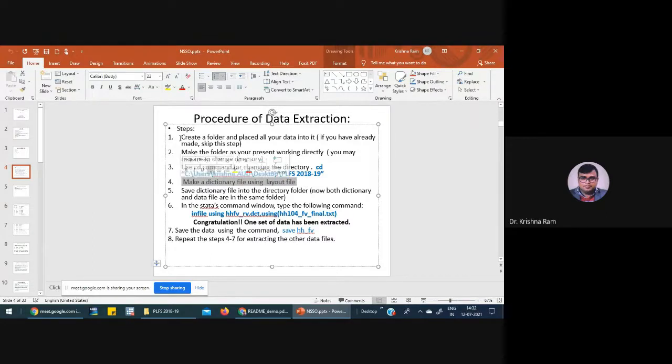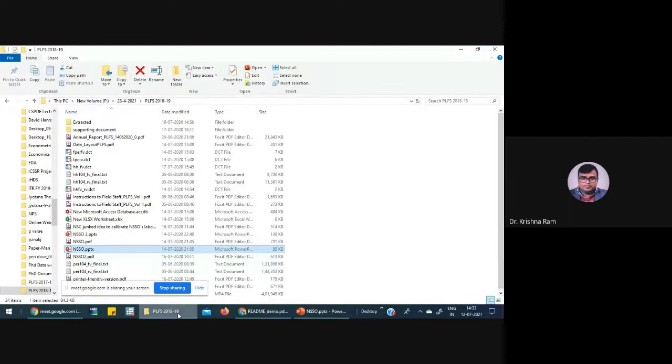After doing the first 3 steps, so let's do the first 3 steps. And I also told you this last time, but this procedure we follow strictly when you work with the NSSO data set. So in my case,